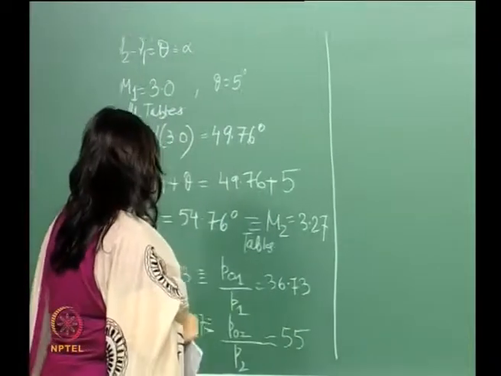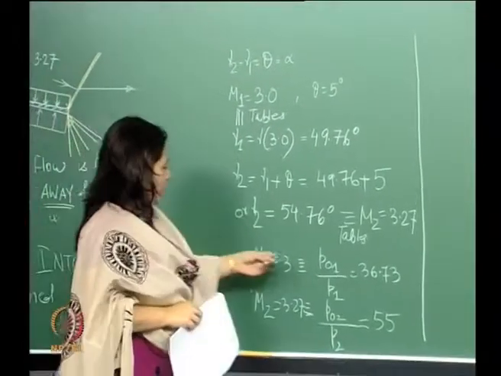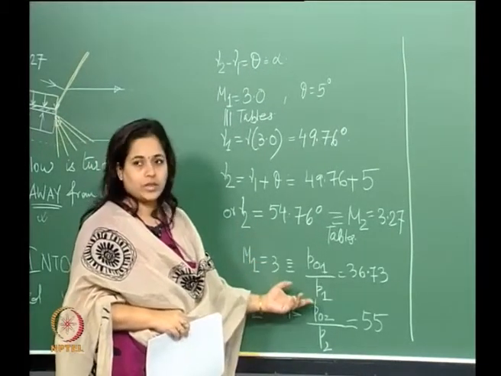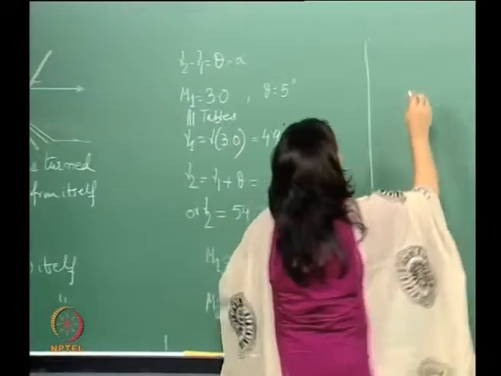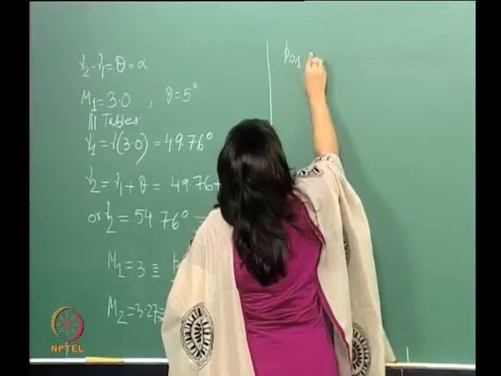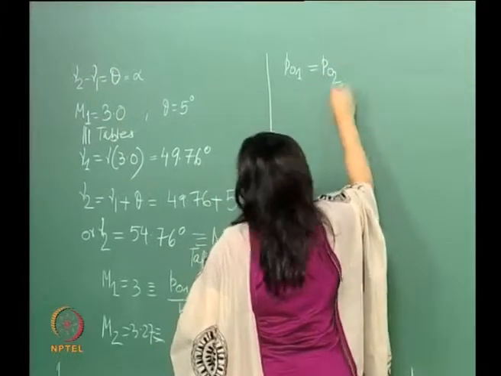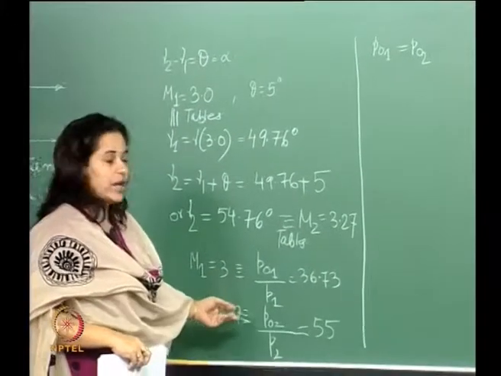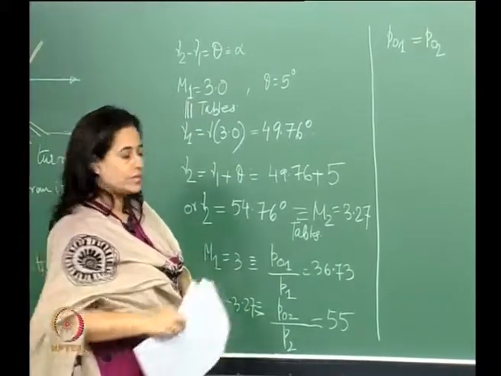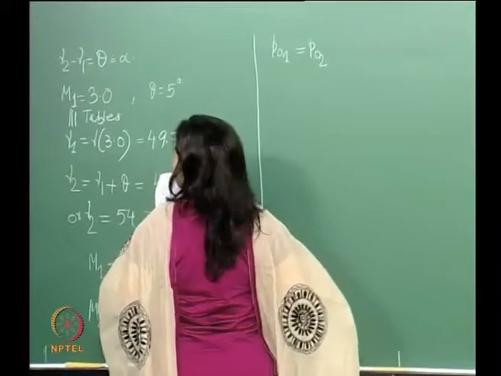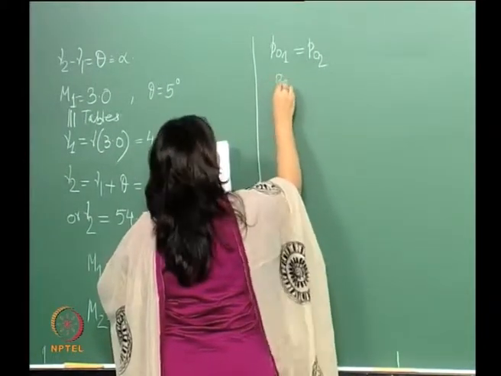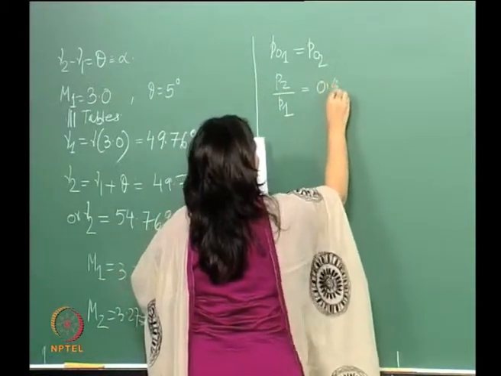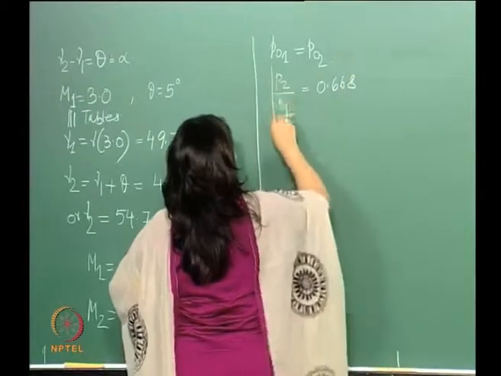Okay, so this is it. Now P naught 1. The stagnation, the total pressures, they remain the same. So, since P naught 1 is equal to P naught 2, therefore, we can get a value for P2 by P1. So, what we will get here is P2 by P1 is equal to, which is nearly